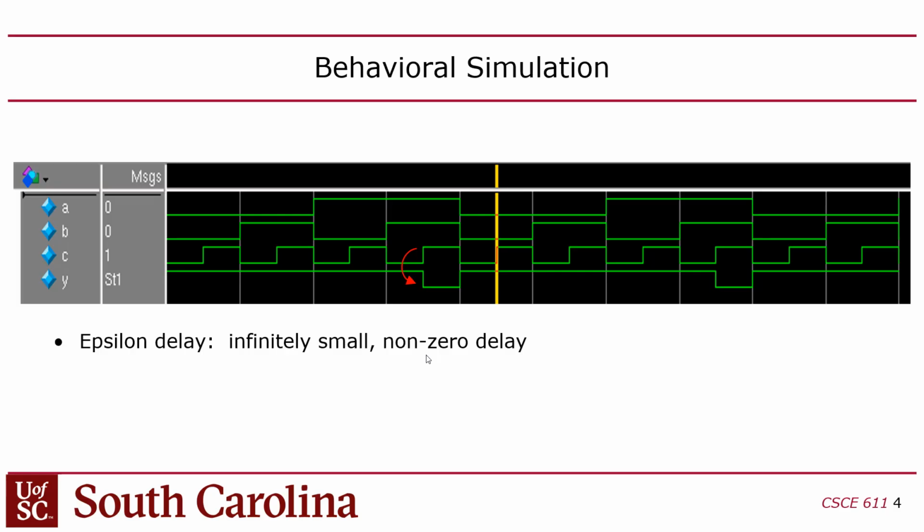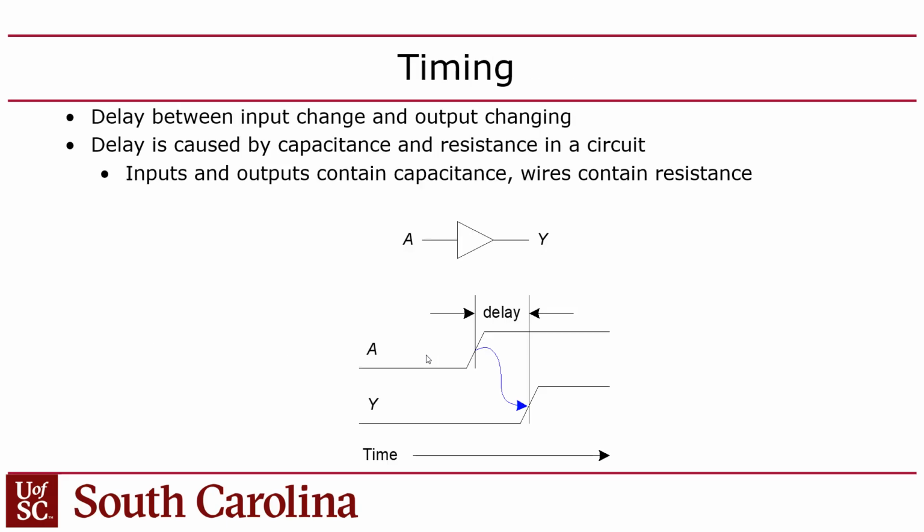But you can run the simulation for as little time as you want, right? There's no lower limit on how long you have to advance the simulation in order to see an output change as a result of an input changing, right? And again, this is just because it's purely functional. We're checking the behavior of the circuit. We're not really concerned how fast the circuit is. But in reality,